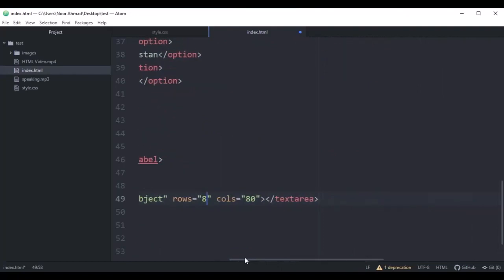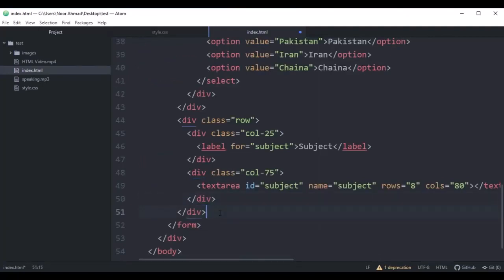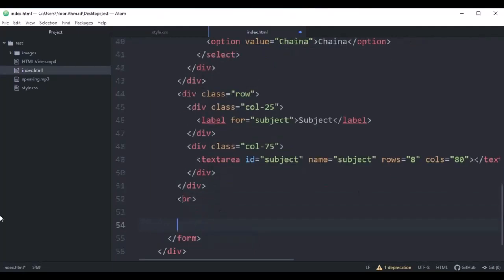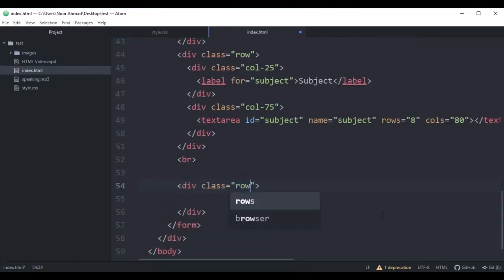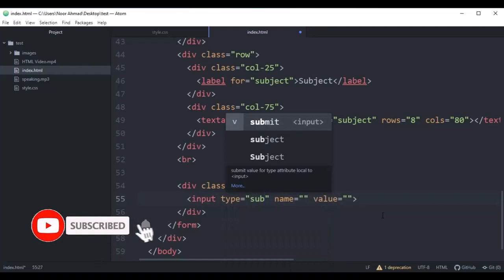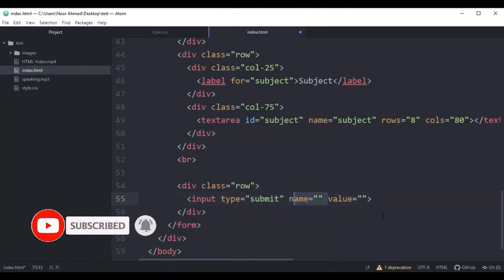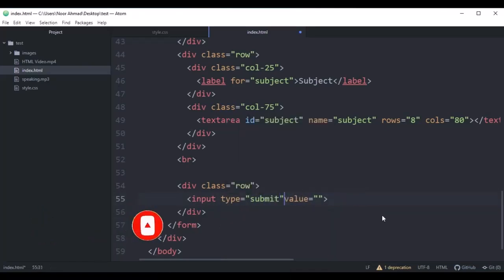So after the closing text area, we are going to break a line here, and here I'm going to create another div, which will be row, and I'm going to add an input. So this one will be input. So I'm going to add the submit, remove the name, don't need this, and let's add the value